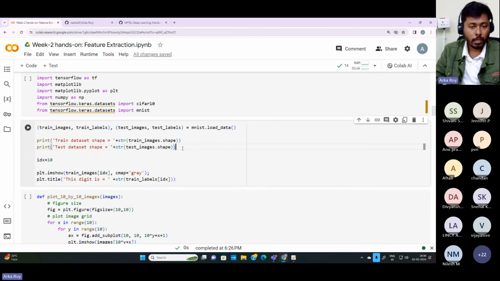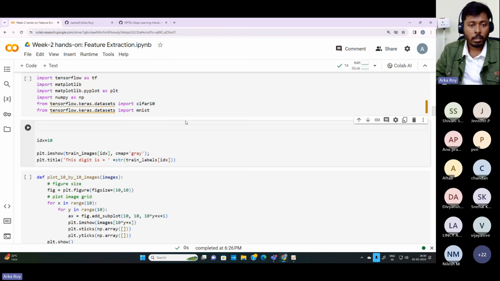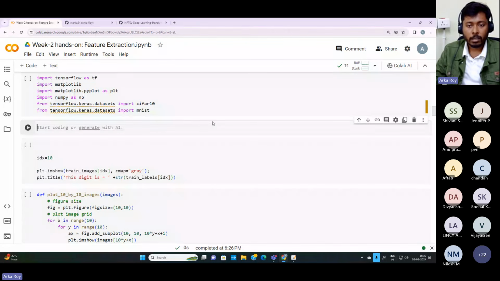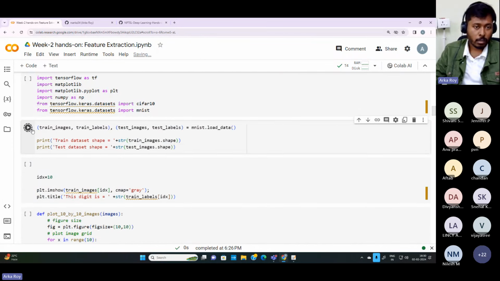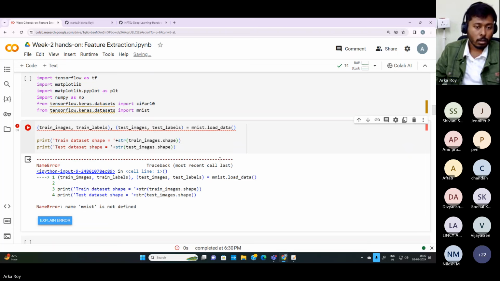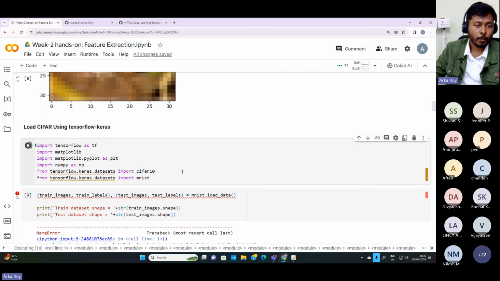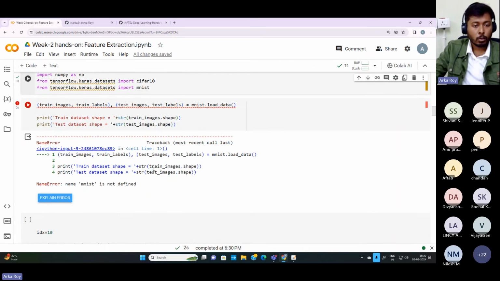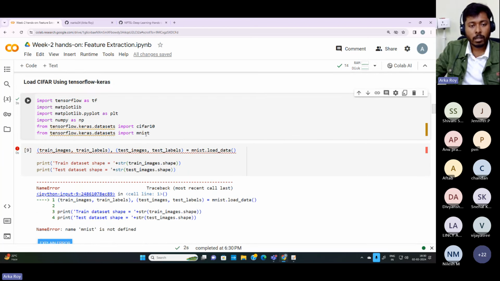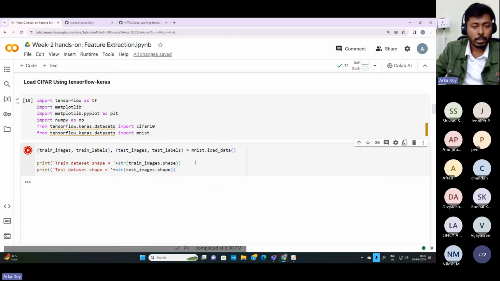Okay. So let me first execute this one. You can create a cell by tapping the code, and you can paste it over here. So now it will show. Okay, so we need to run this cell first. The error was that MNIST was not defined. This is because we have not run this particular cell, so it is not able to find what I mean by MNIST. So now you can see